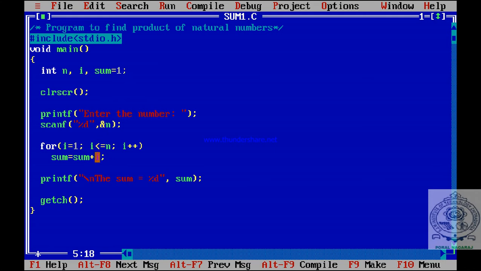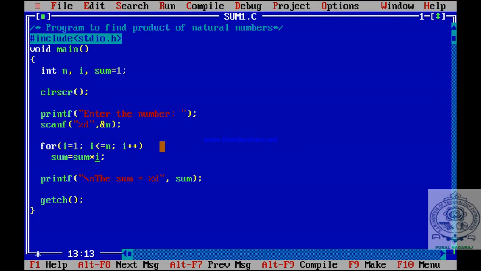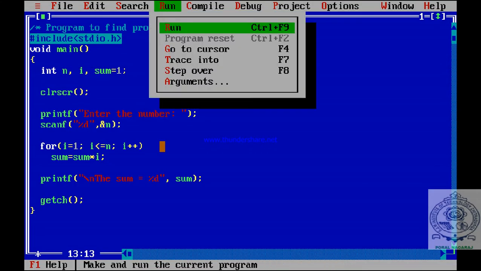So here the plus should be changed to the multiplication symbol. That's all. So for simplicity you take 3, the answer is 6. 4 you take, the answer should be 24. 5 you take, 24 into 5, 120. So this is how you can find it.